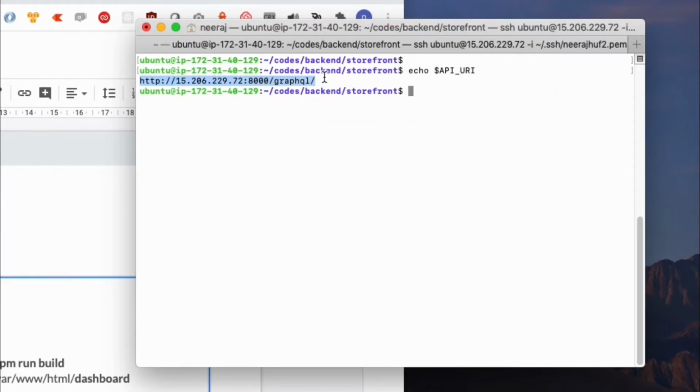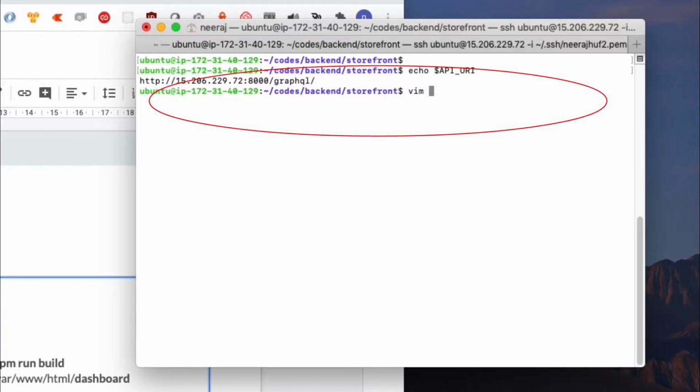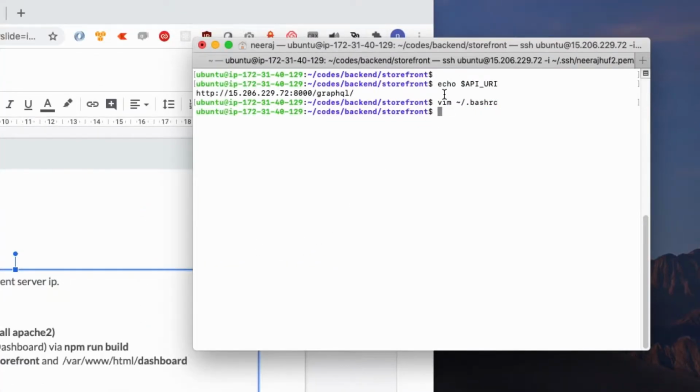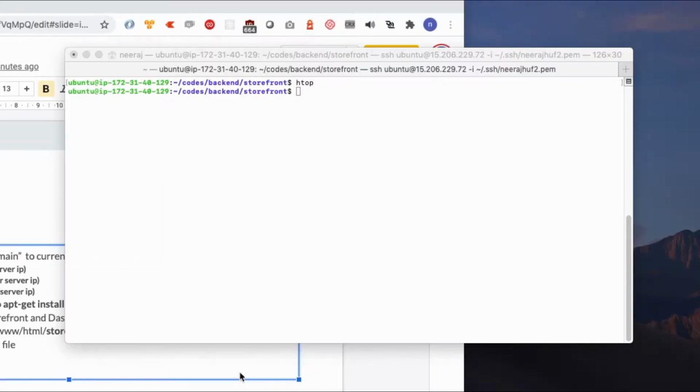Yes, it is available. How? I have added all these variables which are going to be required by our Cellular Core, dashboard and website, so that every time I log in, I don't need to export them. They will be exported to the system by default. As you can see, all my variables are available.